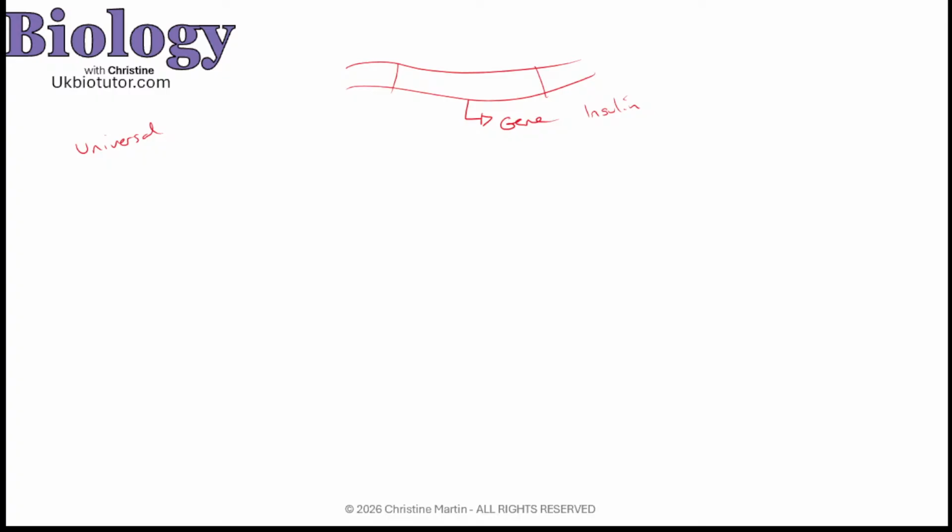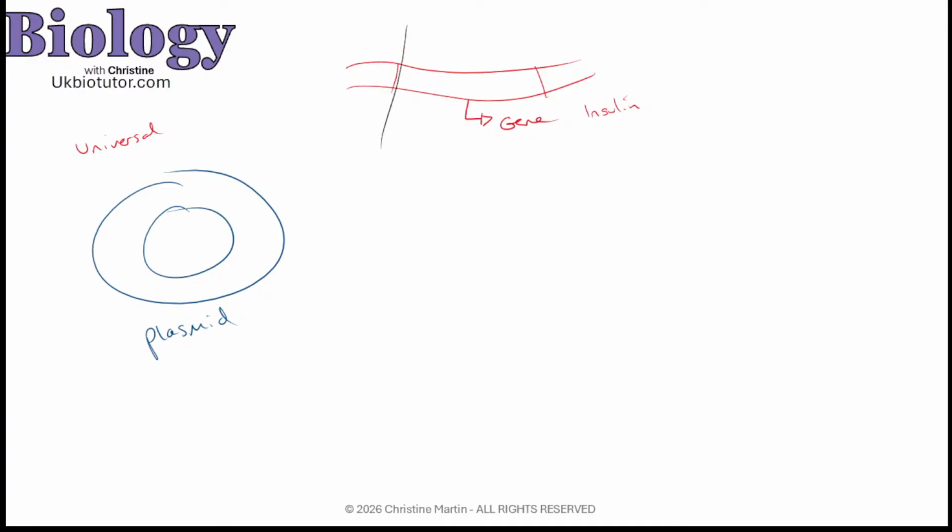So if I take a plasmid, and that plasmid I know is a circular bit of DNA. Chidima, how are you? It has been such a while. You've definitely disappeared on me for a while, but I hope you are well. So we've got a gene, the insulin gene, the desired gene. We've got a plasmid. What we want to do is cut them and stick them together.